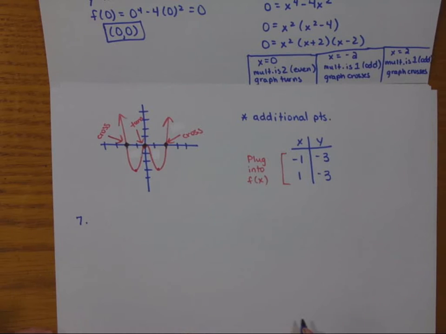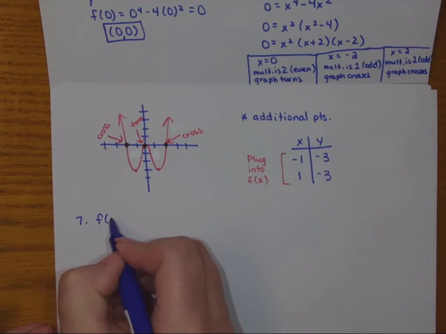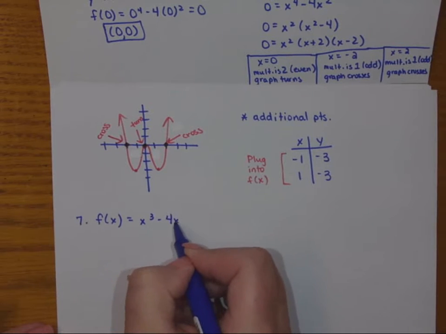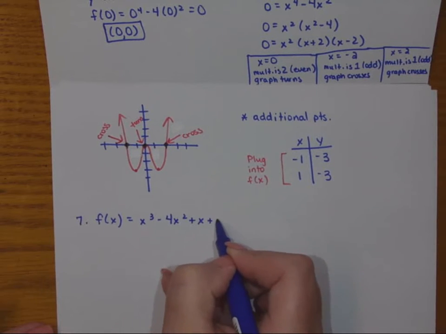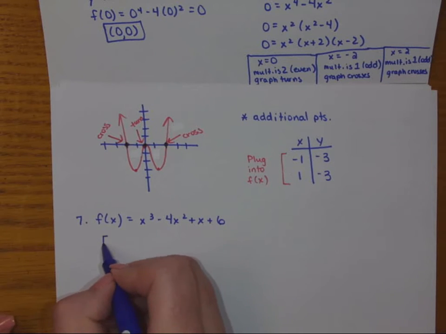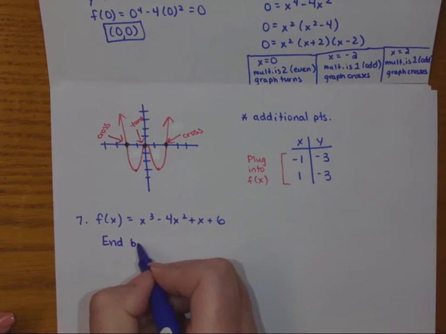So let's look at number 7, same kind of thing. So f of x equals x cubed minus 4x squared plus x plus 6. So let's run through the list of things we're supposed to find. So for end behavior,